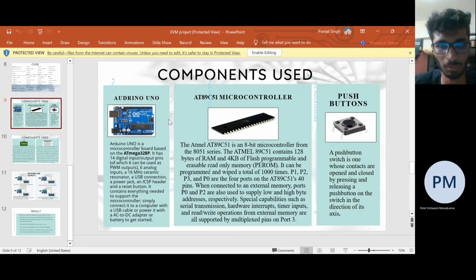And as my teammates have explained the function of the EVM, when we use the push button, by clicking each